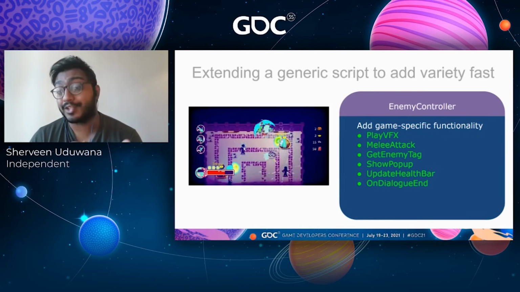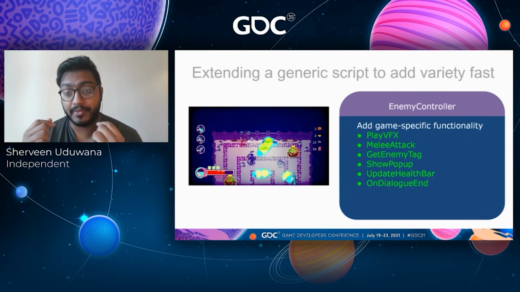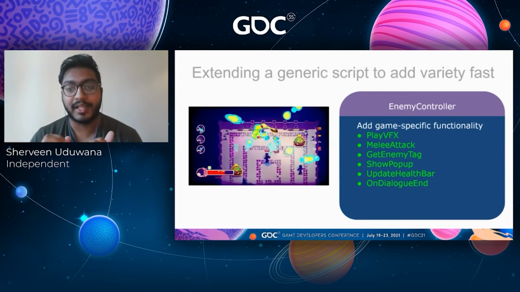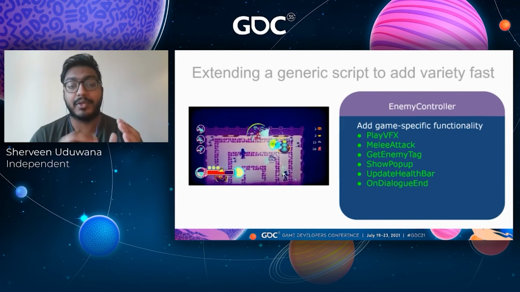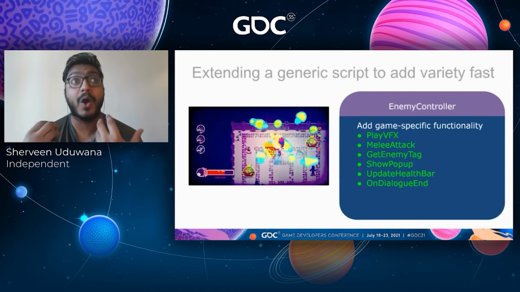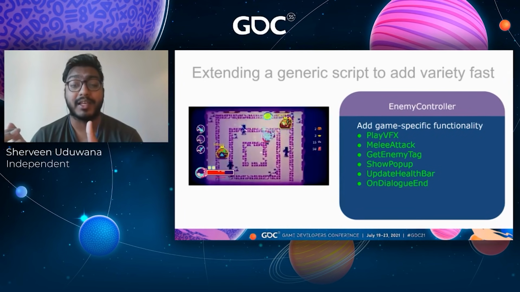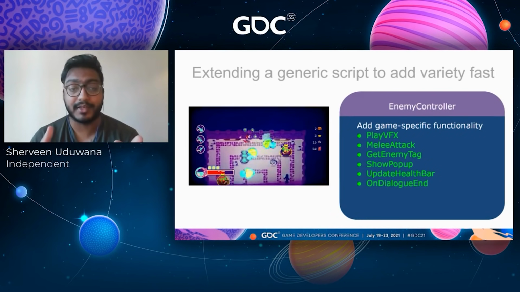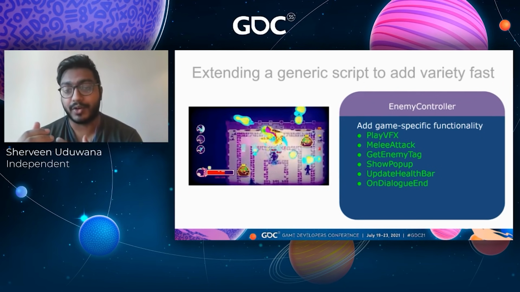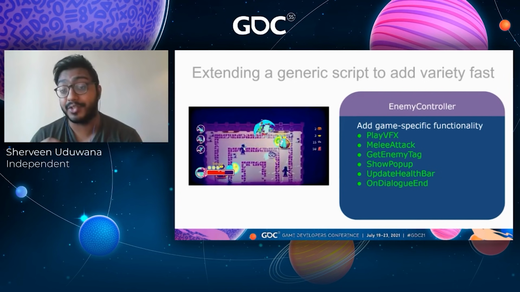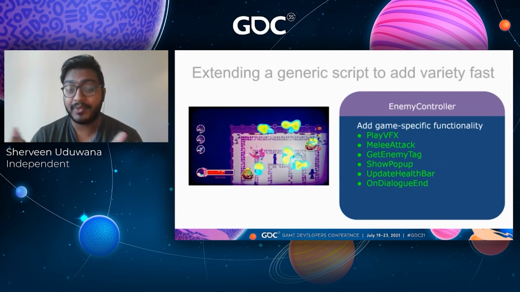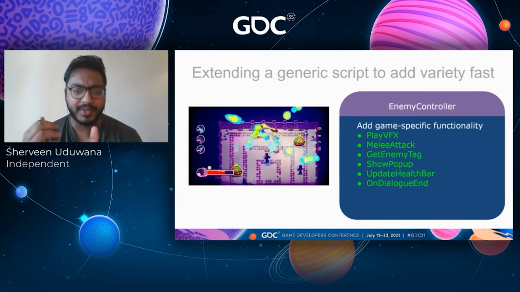I also didn't initially have this melee attack method here in the base enemy controller, but this is the really useful thing about starting with these generalized classes: you can make a couple of subclasses, and I was able to realize I'm implementing this melee attack like 3 times. I'm just going to move it into the base class really quickly. And because the scripts are so lightweight to start with, that was really easy to do, especially early on. So all the enemies are capable of melee attacking, even though half of them are never going to use that.